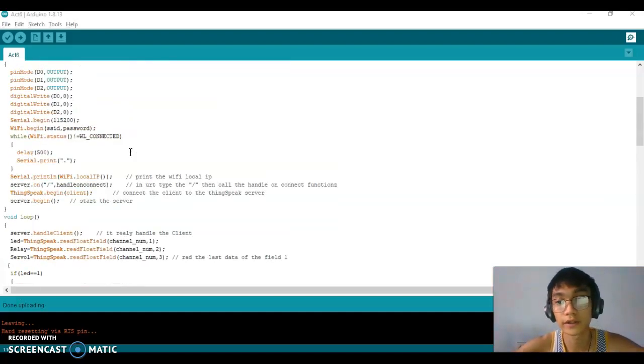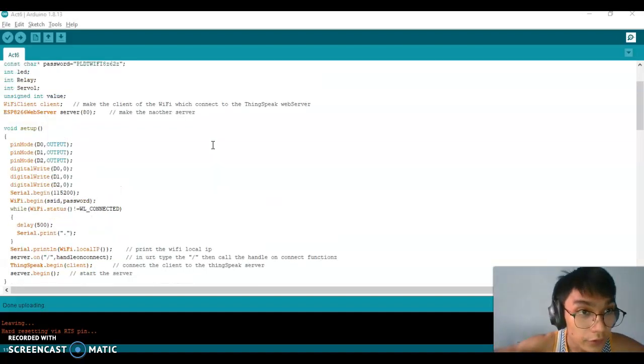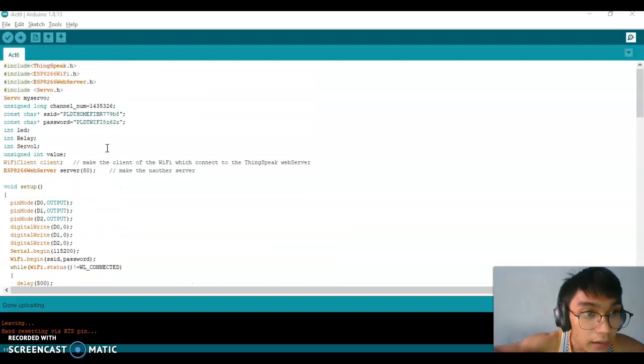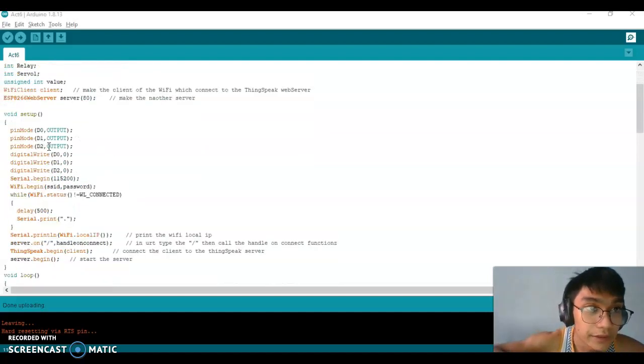So now we're going to create a home monitoring system that we can control using the internet. We are using an LED, a relay, and a servo motor. The connections are shown here: the LED will be connected to pin D0, the relay will be connected to pin D1, and the servo motor will be connected